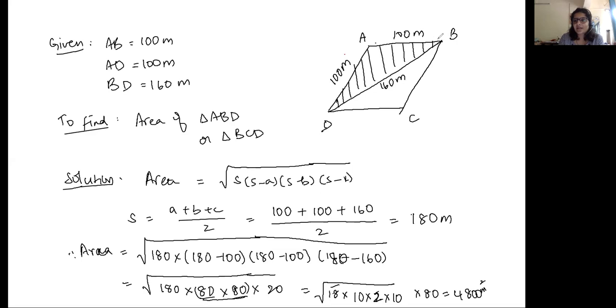Okay. So ma'am, the area what you've written, area equals root s into s minus a, that's applicable for all, right? Yeah. This is applicable for all, matlab any triangle. Okay. So this is what is Heron's formula. This whole chapter is about this, and this is basically the formula for area of any triangle. So as long as you know all 3 sides of the triangle ka measurement, you can use this formula and find the area.